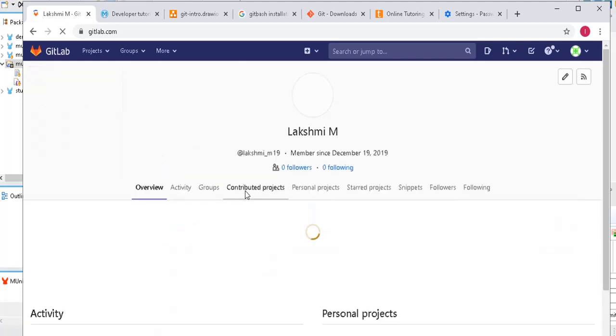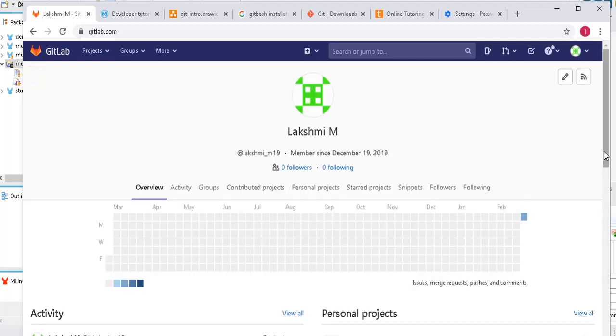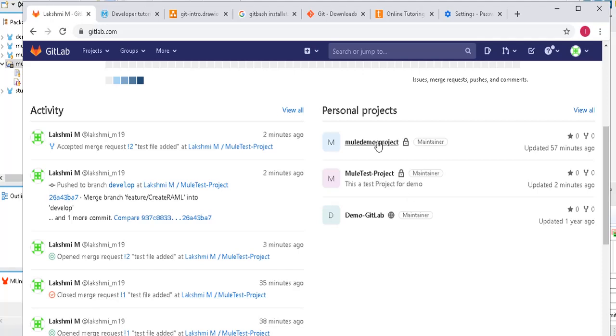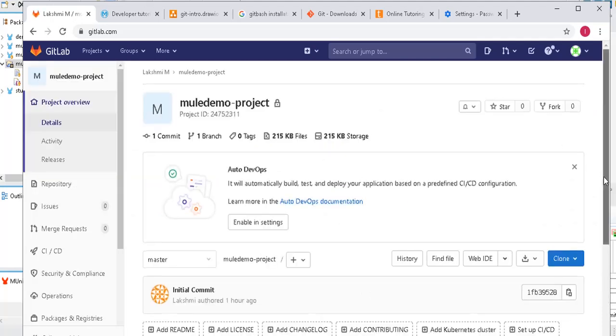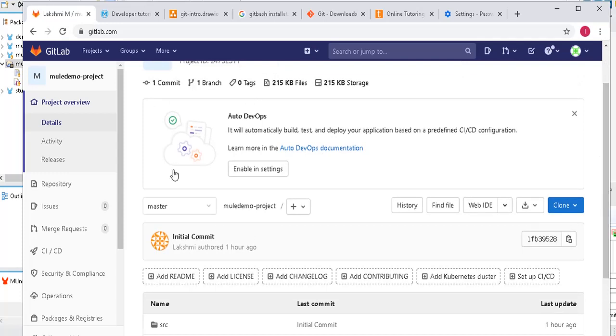So I'll go to the Mule proper structure project, this demo one. If some other developer is also working on the same project, they will create a feature branch, commit the code there, and merge their code to the development branch or master branch, just as we have seen.